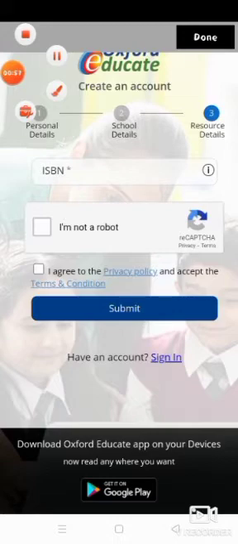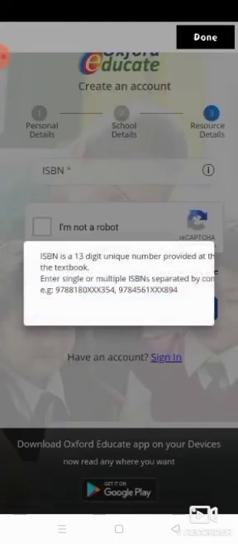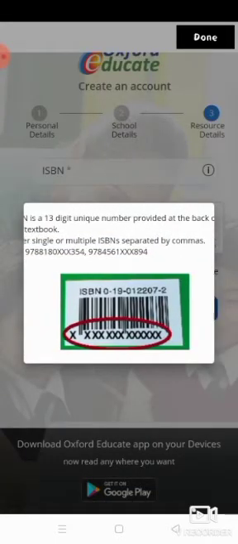Now here is the third screen. Let me explain the third screen properly. On the third screen, first it is asking ISBN. So what is this? Whichever book you want to open in this app, you can just give this code. So there are numbers written. In the image they have not given the numbers of the book. They have just given XXXXX.